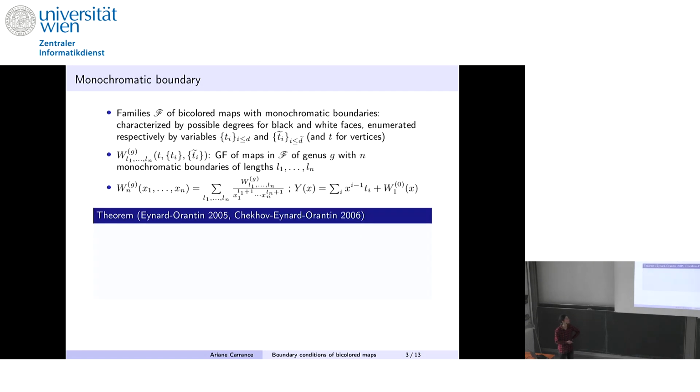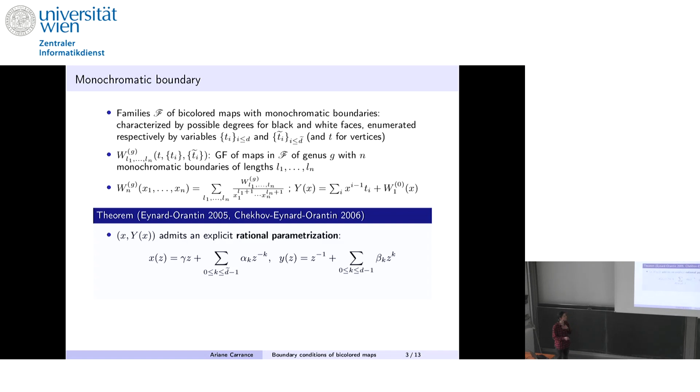And so there are well-known results by Eynard, Valentin, and Chekhov, who proved that this family of generating functions satisfy topological recursion, and that there is an explicit rational parameterization for the disk,